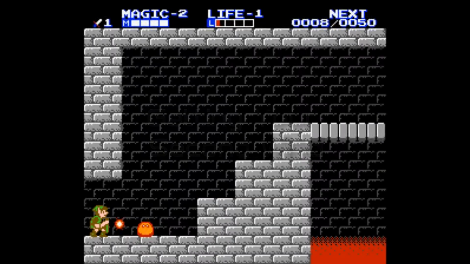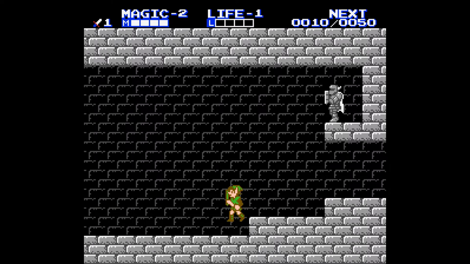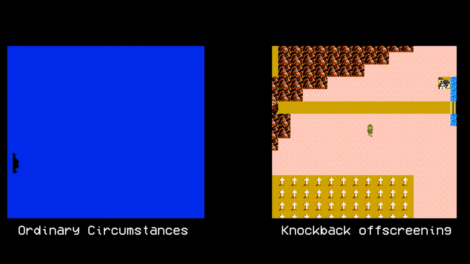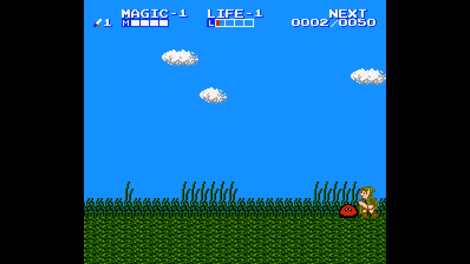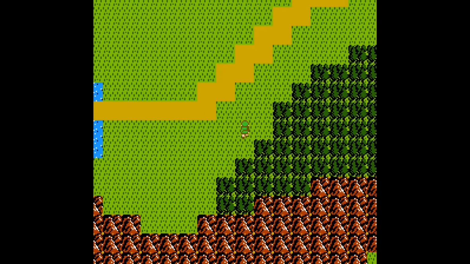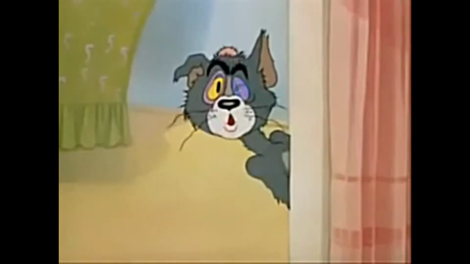If you happen to run low on HP, get hit with a fatal blow, and it happens to be on the boundary, the knockback can actually send you out of the fight scene and prevent you from losing a life. This basically has no practical use, but it's fun knowing that if anyone says a cornered Link never fights,